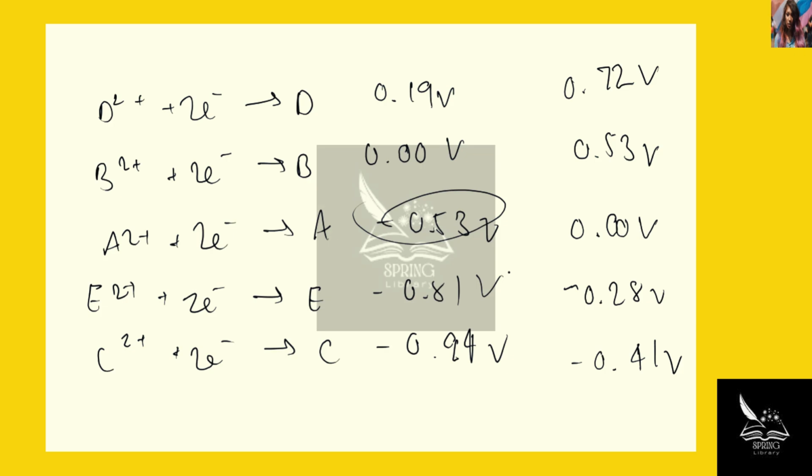So in the previous case, we assumed that the potential was negative 0.81 volts. We can also assume it's positive 0.81 volts. And if we do so, we get the following table,